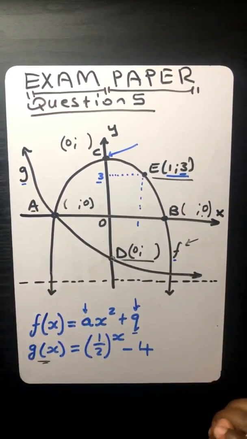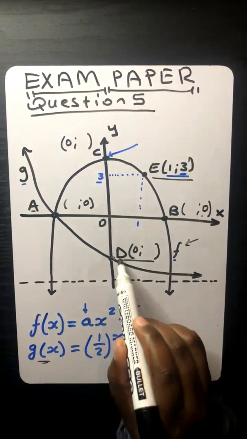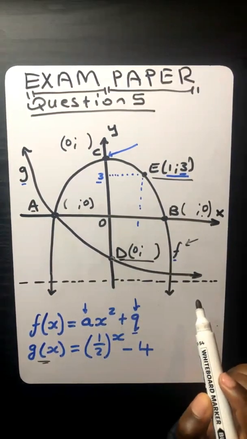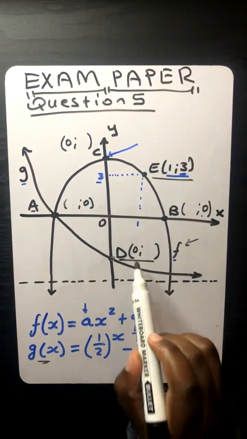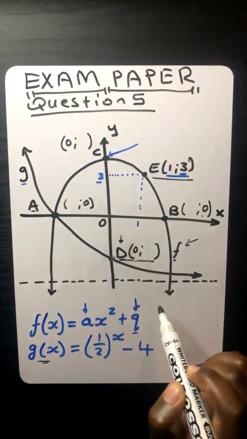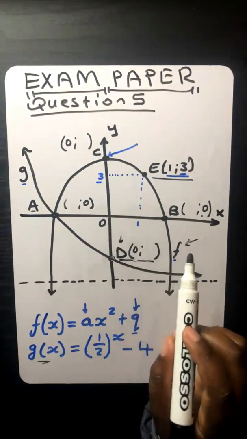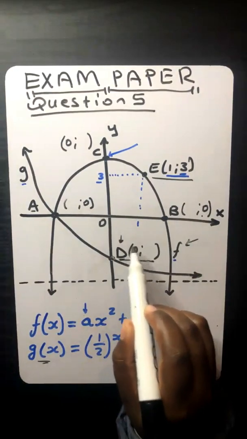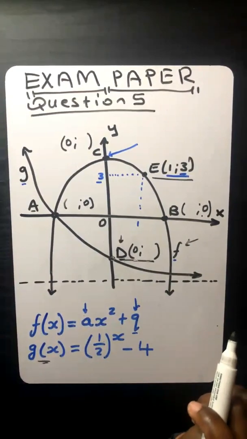So, guys, where is D? That is the first thing that you must do. You must ask yourself exactly where is D. Okay, there is D. And what did the question say? They say the coordinates. When we talk about the coordinates, we talk about the x and the y. So this D is a point which has got these coordinates. So when you provide your answer, it has to be in the form of D, and we already know x is 0, then they just need the y value over there,